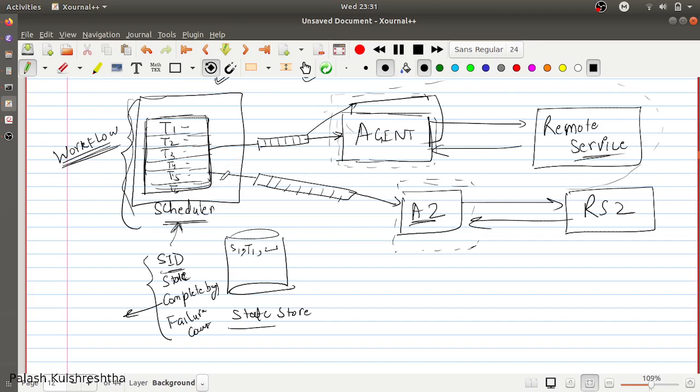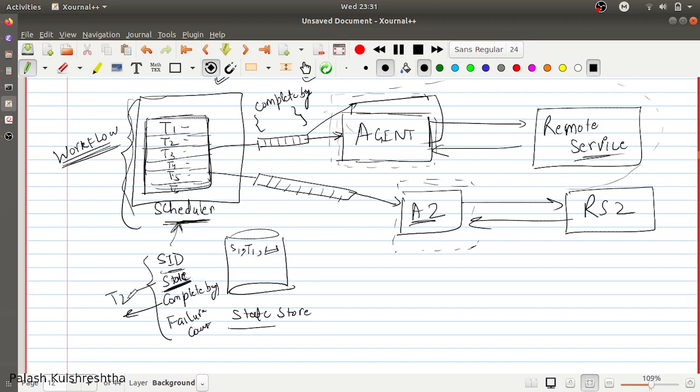And when the scheduler is sending a particular request to an agent, it is also sending some context in the message. That context also contains the complete by time of that task, which has been stored with this particular task.